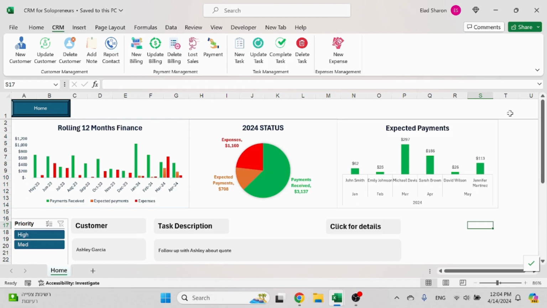In today's video, I want to share with you a CRM for solopreneurs that I created in Excel. I think it's a pretty cool software that you can use if you're just starting out or if you have an ongoing business side hustle. It has a home sheet that shows you some financial KPIs, like your rolling 12-month financial situation,